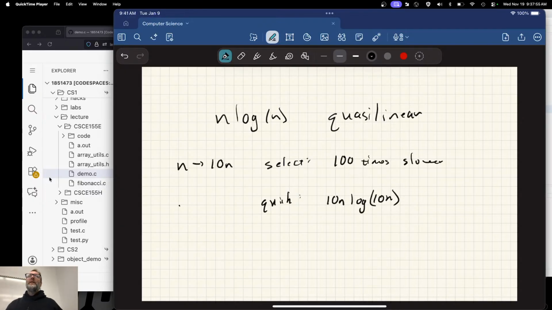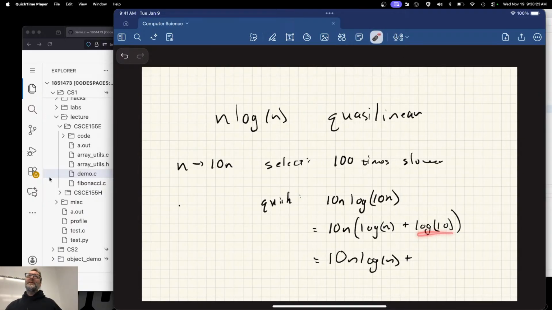Right? Now, tell me some log identities here. What can I do with that log 10n? Log of AB is equal to log of A plus log of B. So this is going to be log of n, I'll switch them around really quick, plus log of 10. In other words, the highest order term here is only going to be 10n log n plus some change, right? And again, this is going to be 3 point something something something times that, so 30n, who cares? This is the bigger one, right? And guess what? It's only about 10 times as big plus an additive term over here. So it's quasi-linear again, right?